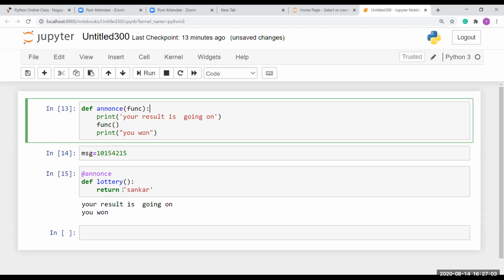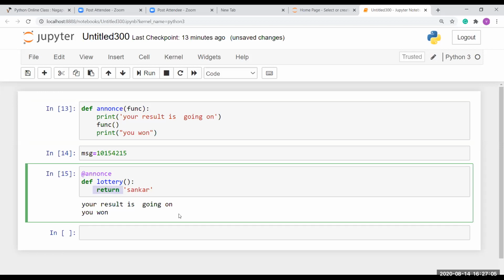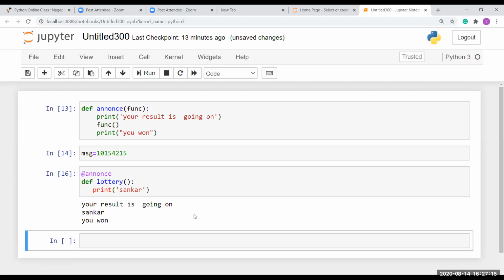Okay, here I'm using, instead of return, I just print my name. Okay, so now you get the result.